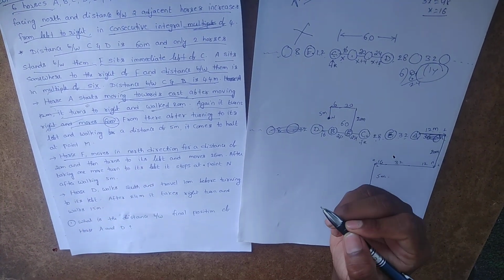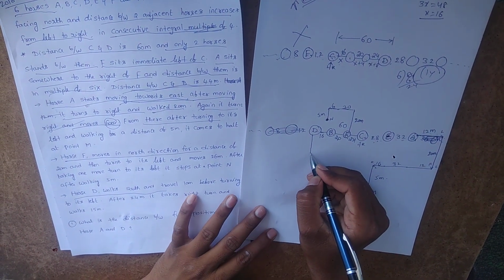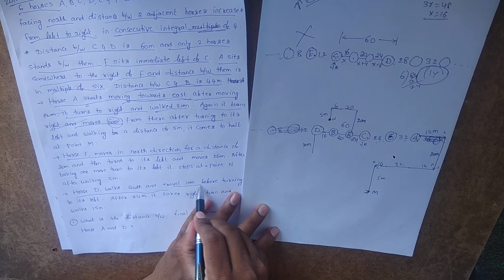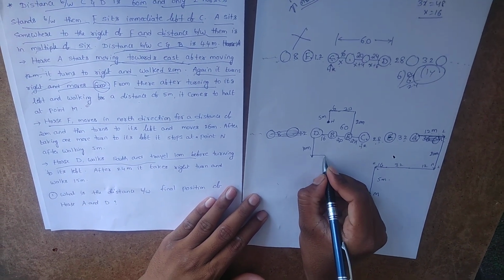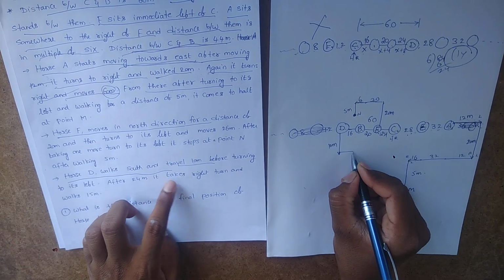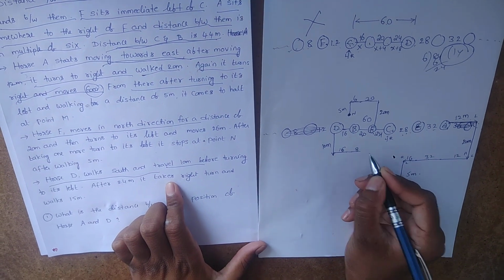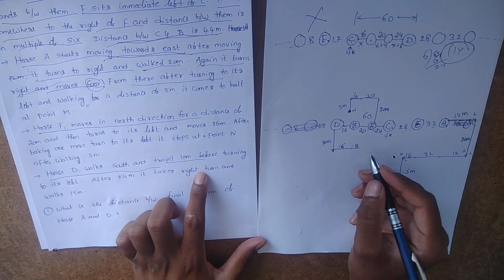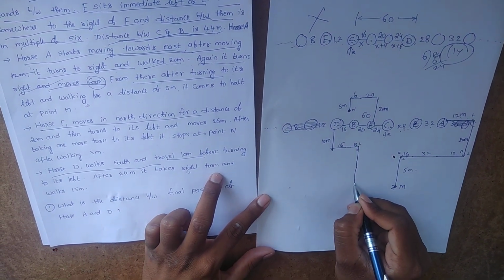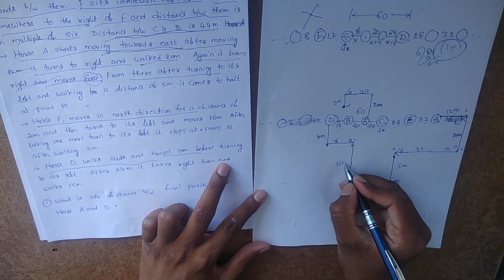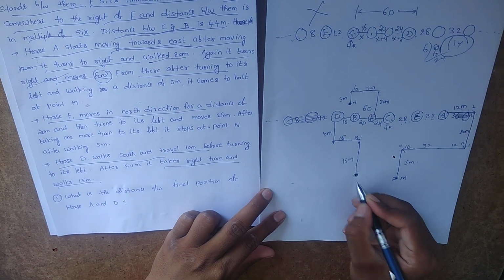Yes, leave it. Next point is what? Horse D walks south. Now horse D is walking south and travels for 10 meters before turning to its left. Now it is taking left turn. Yes, it's taking left turn. After 24 meters, now 24 meter, 16. Now remaining is what? Here 8. 24 meter. Again it turns to right. Facing east means left and right hand, turns to right and moves for 15 meters. Yes, and takes right turn and moves for 15 meters. Yes, now this is the end point.